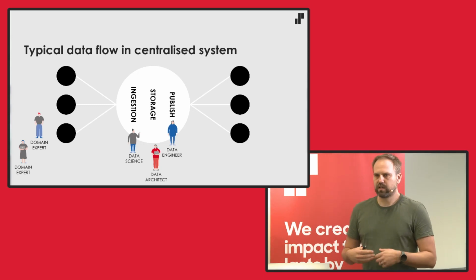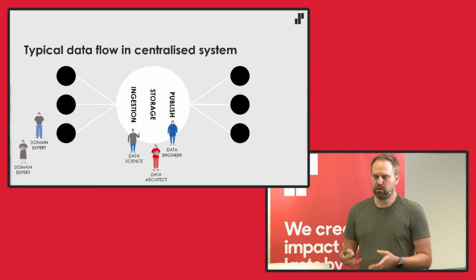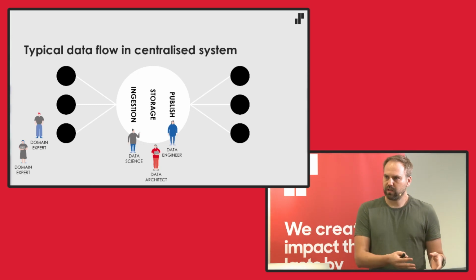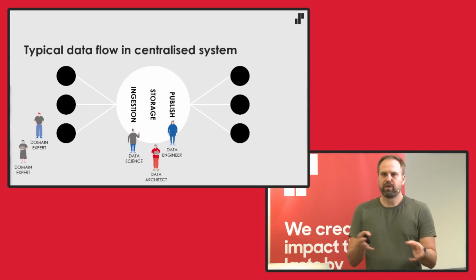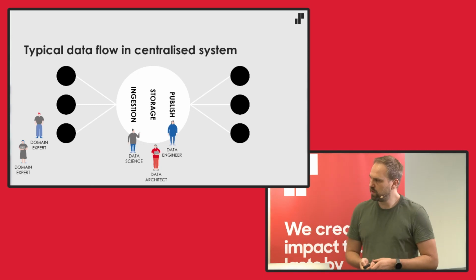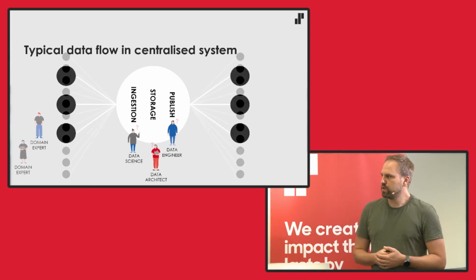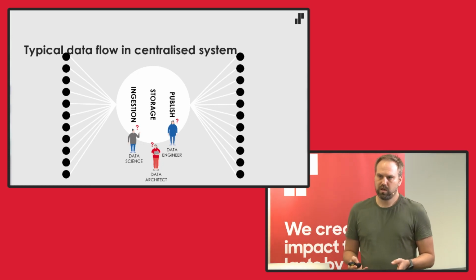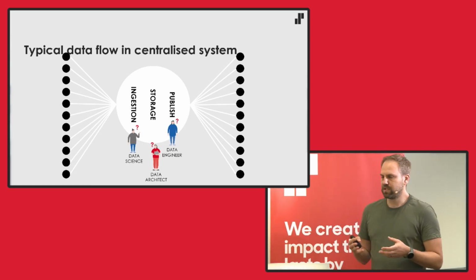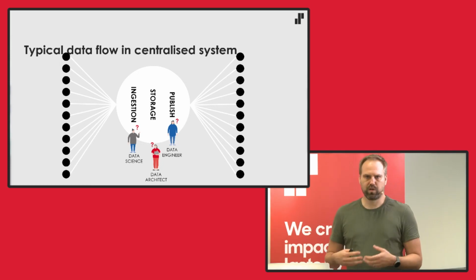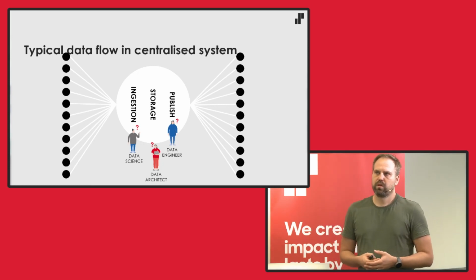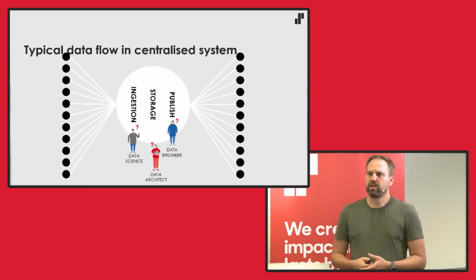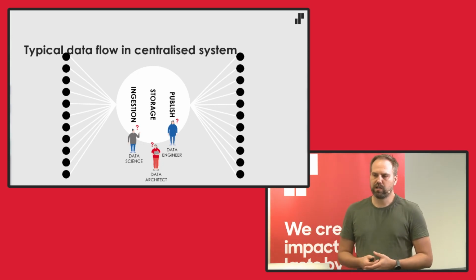So the IT is actually working with the data, they have capabilities to do it, but it's the business who owns it. And therefore you have this kind of bit of a divide between the two. Then another issue might rise if you have hundreds, if not thousands, of source systems. So all of a sudden, if you have this centralized team who's doing the ingest and storage publish, you have to somehow manage the application landscape. Which sources do you actually integrate into? How do you manage all of this and so on?